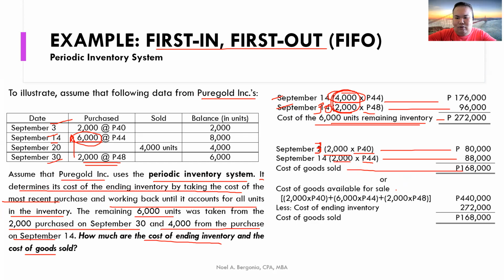So the cost of goods available for sale natin is 440,000. I already explained that kanina, na wala namang beginning inventory. So nanggaling po yan, cost of goods available for sale, sa lahat ng purchases natin, since net purchases plus beginning inventory is equal to the cost of goods available for sale. And then we deduct the cost of ending inventory, which is 272,000 as computed natin. Then the cost of goods sold is